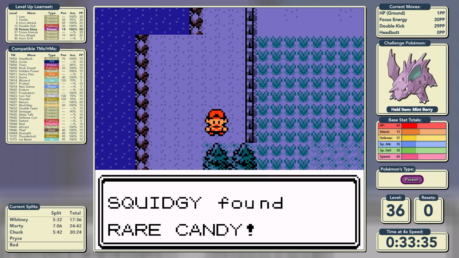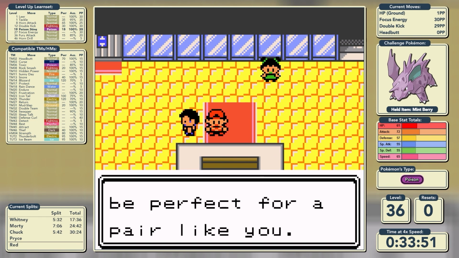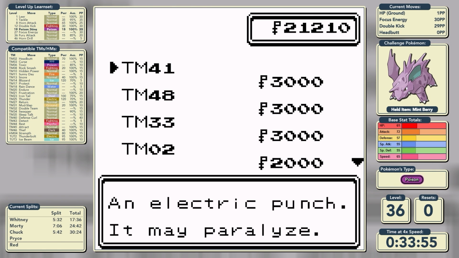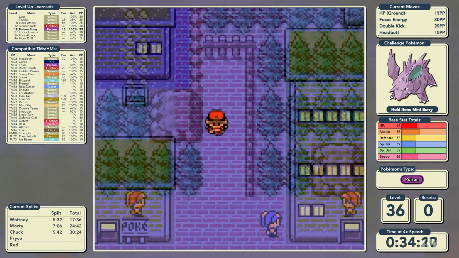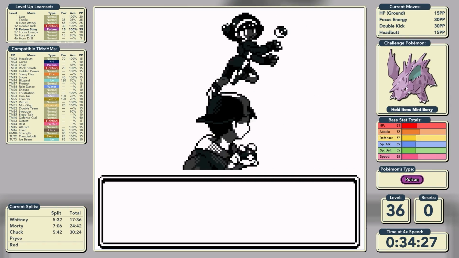We'll now head south of Goldenrod City to pick up the rare candy and the nuggets. We'll now make our way into the department store where we're going to pick up the TM4 return, and while we're here we're going to get a couple of every punching move as well. Those punching moves prove to be very, very handy for Nidoqueen, and I expect it's going to be just the same for Nidoking. We also need to remember to pick up the soft sand while we're here, and that means